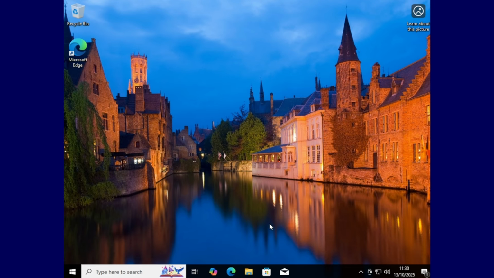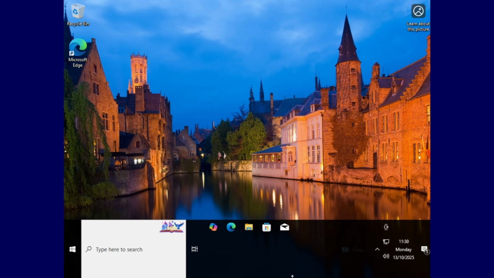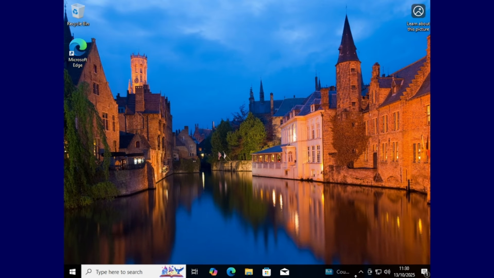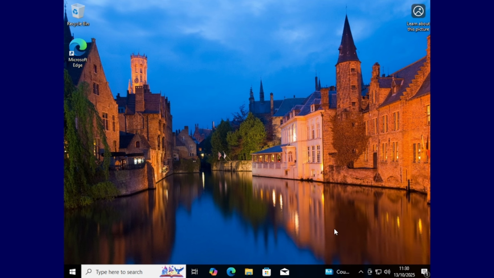Who remembers being able to do that? You resize the taskbar. Blimmin' heck, I have never done this, which is probably why the functionality was taken away in Windows 11. But essentially, Windows 10 has been replaced by Windows 11.